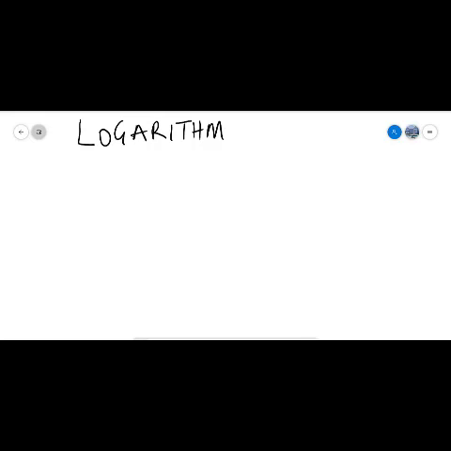So, in the last class, we looked at indices and the laws of indices, and we were able to solve some questions on indices where we applied the laws of indices. We also looked at equations with powers. But today, we'll be looking at logarithm. But before we start on that,